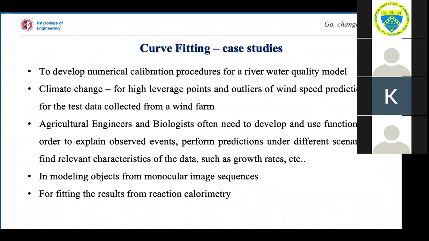In all these cases, we need the concept of data fitting. Depending on what we have to predict, we can go for interpolation or curve fitting.